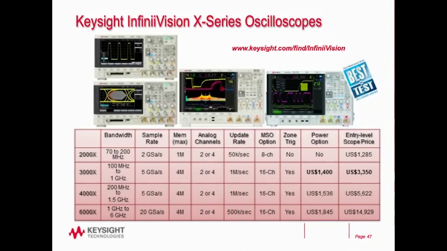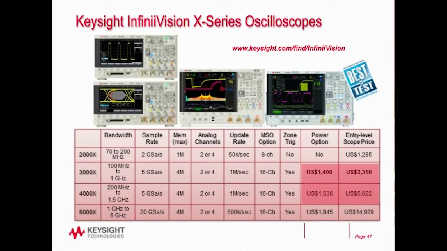There's 4 different frames, the 2000, 3000, 4000, 6000. Basically, the big differences are the bandwidth ranges, sample rates, as well as prices. The 2000 X-Series does not have the power option. The others do. To give you an idea of what kind of price range you're talking about and how that compares to a network analyzer or a frequency response analyzer,